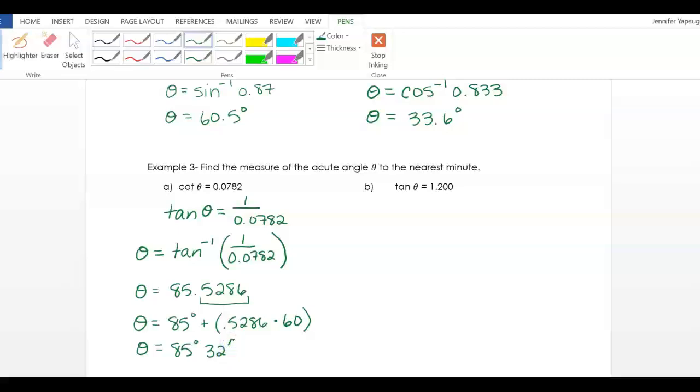All right, so go ahead and press pause and try B on your own and follow along. Okay, so then this one is in one of our 3 main trig functions, so we don't need to use any reciprocals. So we're just going to rewrite this now as theta is equal to the inverse of tangent of 1.2. So when I plug that into my calculator, again, I'm going to hit second tangent, and I'm going to get